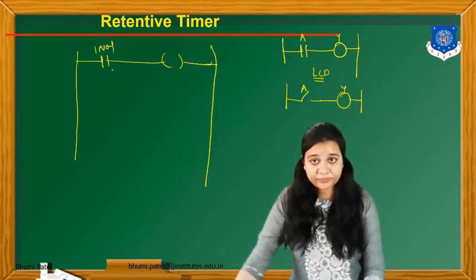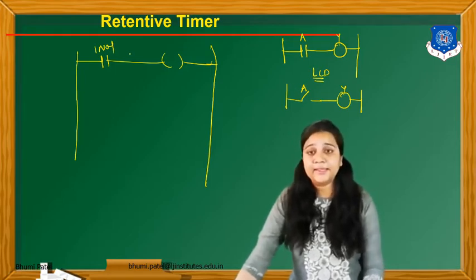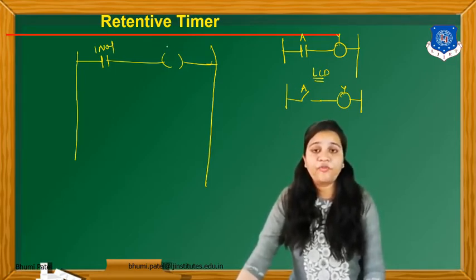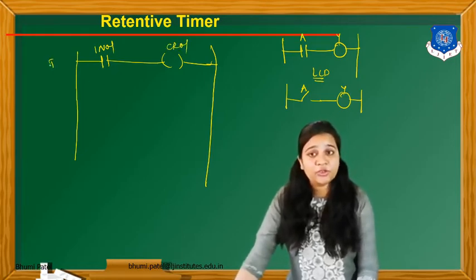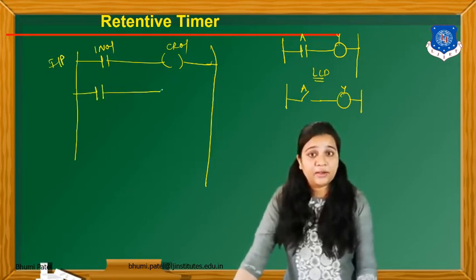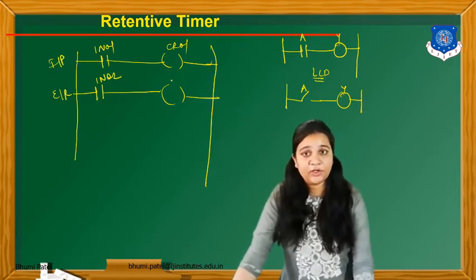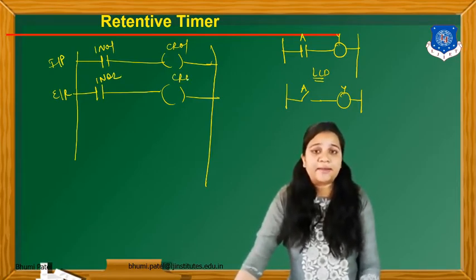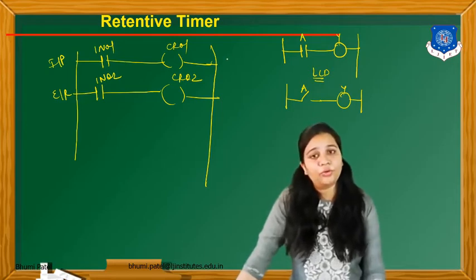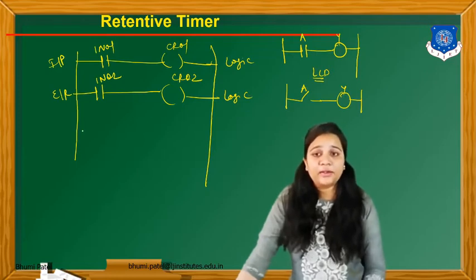So the same logic will be followed in the retentive timer. We can connect a switch here or we can connect a relay like this. So this is my output for this particular system. Suppose the output name is CR01. So whenever input is applied, this is the logic. Now in the second rung, we can connect the enable or the reset pin, and the name of the enable or reset is IN02. Suppose this is the second output, so we can write CR02.